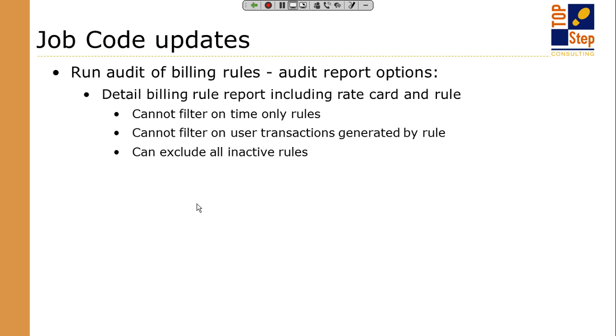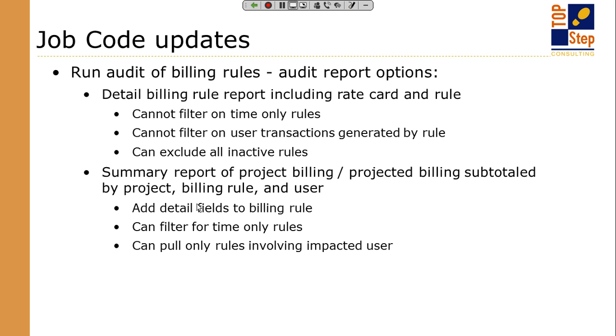Another thought, when you want to do an audit of a billing rule, is potentially using a summary report, subtotaling by project, the billing rule of the project, and the user that has been generated or is projected to generate out of the billing rule. Then you can add the same detail fields as you would in the detail report, and you can add rule and rate card as a field. You can filter for time-only charges, so you'll only get your time-only billing rules. So you get a much smaller sample of data to pore through to make sure that,